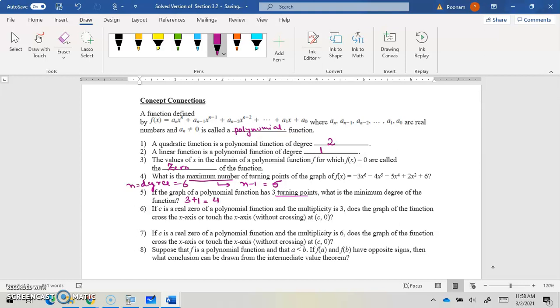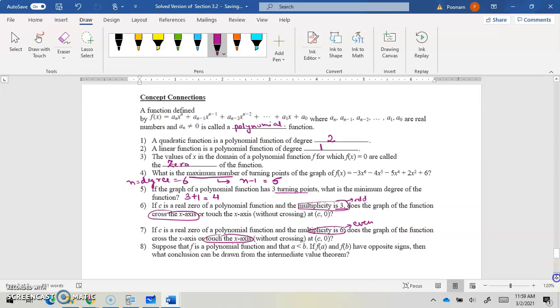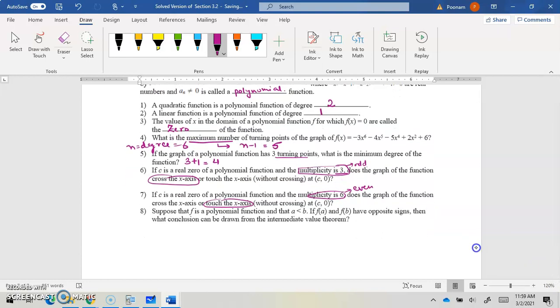If c is a real zero of the function with multiplicity 3, does the graph of the function cross the x-axis or touch? 3 is the multiplicity. This is odd. That means it has to be a cross point. If c is a real zero of a polynomial function with multiplicity 6, 6 is even, that means it has to be a touch point. Suppose f is a polynomial function, a is less than b,